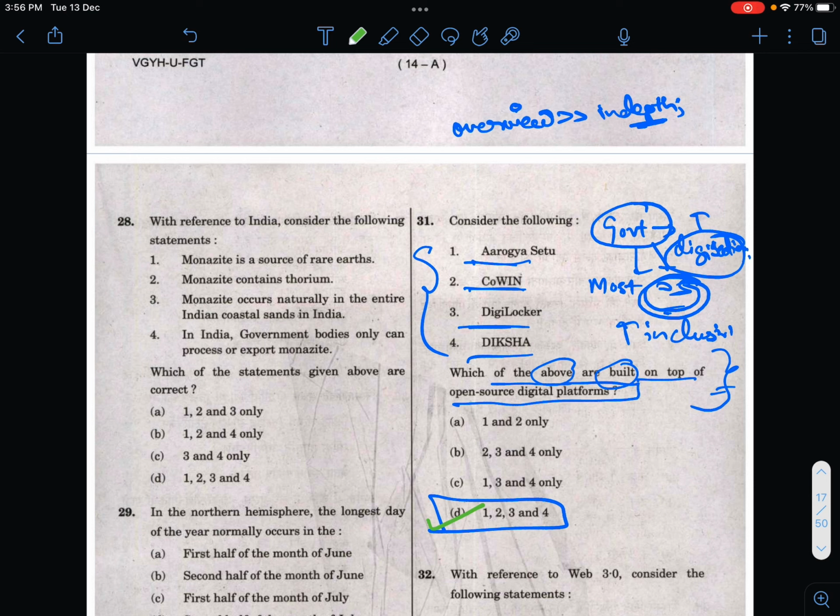Also because, as I keep reiterating, I have a high risk appetite. I have analyzed papers from 2011 to 2021 exhaustively prior to going into the examination hall, and that is why, with a fair bit of confidence, I knew that this overview that government prefers open source will work, and I backed that hunch. I marked D, and again that turned out to be the right answer.